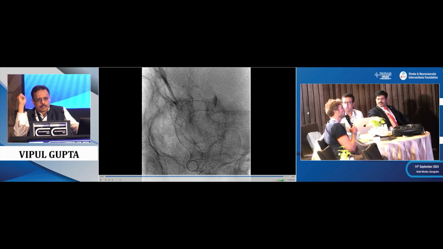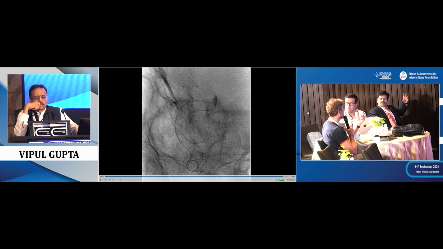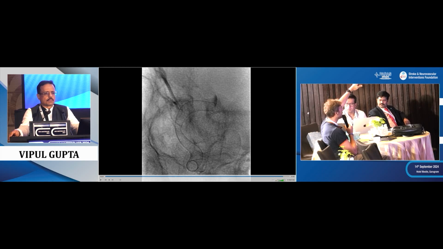Yes, it's exactly what Vipul said. I think there are two types of fish mouthing. There is the mechanical fish mouthing related to an excessive manipulation or a discrepancy between the diameter of the neck and the size of the vessel. And this is also in relation with the anchoring zone. The length of the anchoring zone,